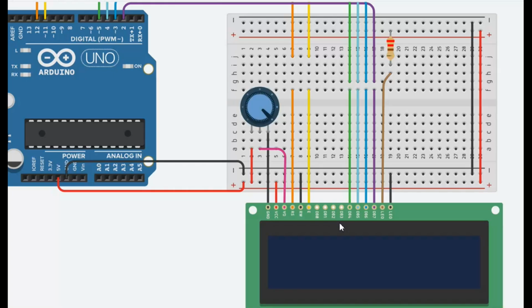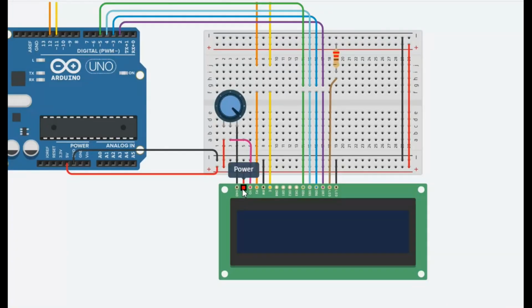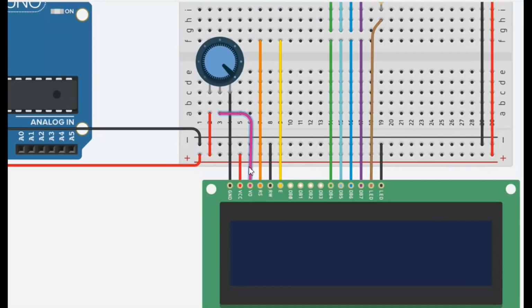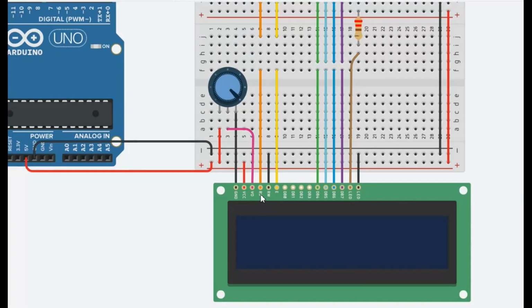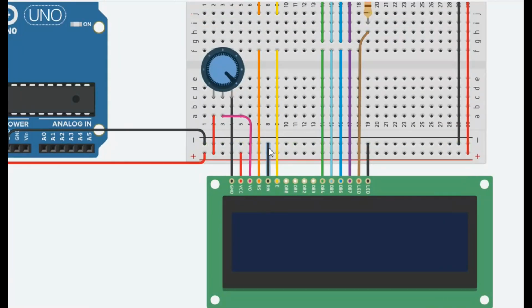First of all, let me explain you the pins of this LCD. This is the ground pin. Then we are giving 5 volts from this Arduino Uno. V0 is specifically just used to change the display brightness from 0 to 5, and then RS is the set register. You can say that where we are getting the data specifically. Then the read and write pin will go to the negative terminal of Arduino. Then this is the enable pin,